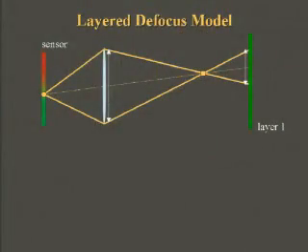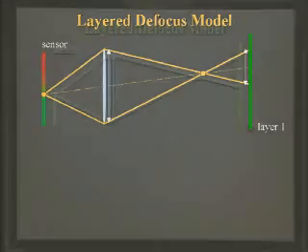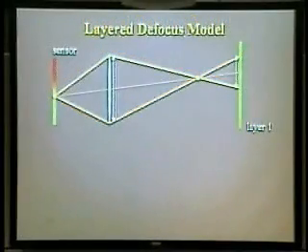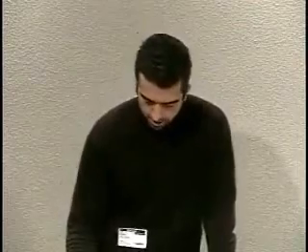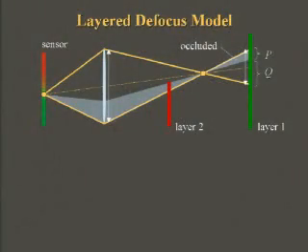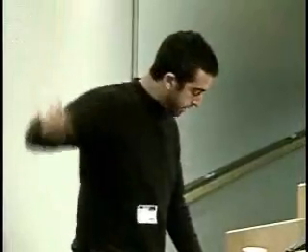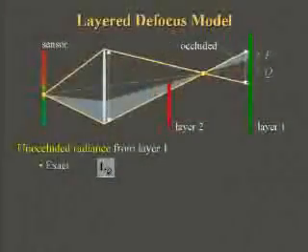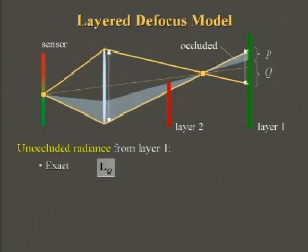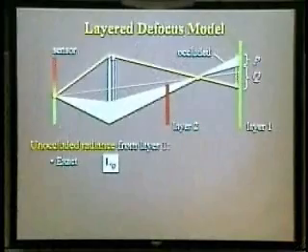So a key aspect of our approach is the layer image formation model that describes how we can defocus the scene and create an image while taking occlusion into account. Our model builds on the standard thin lens model, which is especially simple for a single layered scene. Now for a general multi-layered scene, we can determine the intensity and the color of a defocused pixel just by back projecting the appropriate cone into the scene, taking occlusion into account, and then integrating radiance. So here we see that layer 1's contribution to the pixel only involves radiance from the lower region of the cone, whereas the top region is actually blocked by the scene.